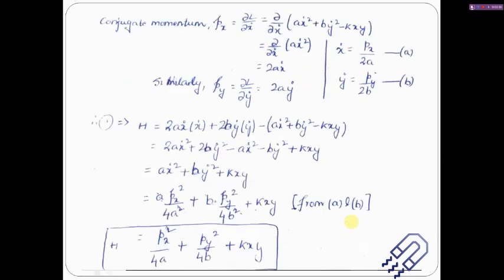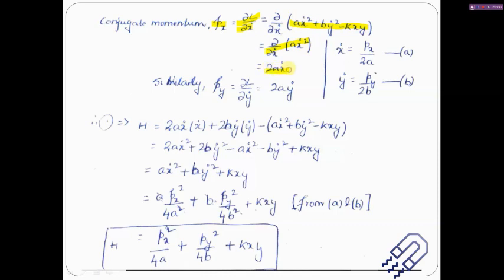So how do we do that? It's quite simple. What we do first is find out px. The unknown factors are px and py, x dot, y dot, and L is known. So for finding out px, the relation that we use is del L by del x dot, and that is how a conjugate momentum is defined. So we write down the Lagrangian here and find del x dot of that, and we know that del x dot depends only on this factor. The other two factors will become 0, so it is nothing but del x dot of a x dot square. So it's simply 2a x dot.